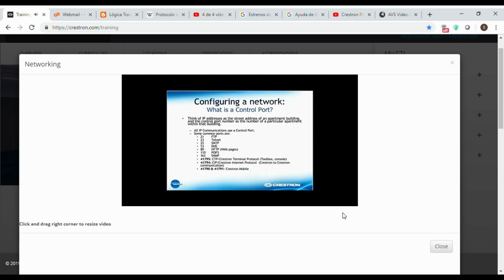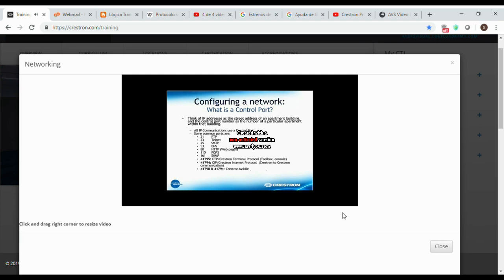Should you need to access a processor on a secure network, you would need to open up either one or both of these ports to gain access through the router, firewall, or security settings. Typically, we use port 41795 for console or Toolbox diagnostics. We can run simple debugger or load firmware and projects just as if we were sitting in front of the